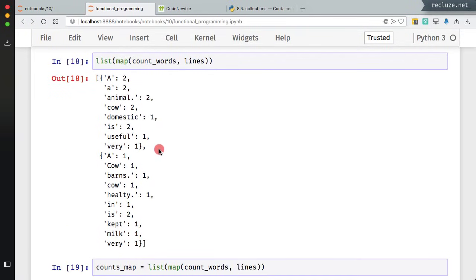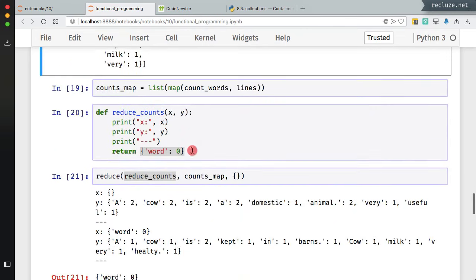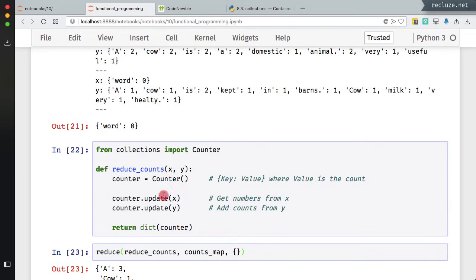So what reduce does is it takes the empty list and this first list over here, passes it to reduce counts. X gets the value of empty list and y is this guy over here. Then it initializes the counter, says counter.update x, because x is an empty list, it doesn't do anything. Then it says counter.update y, and what this is going to do is in this counter,